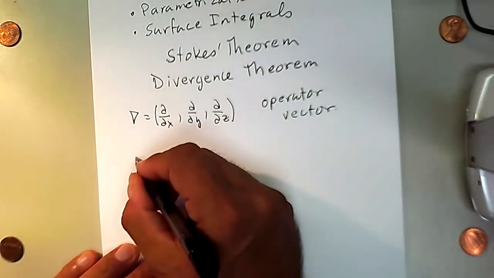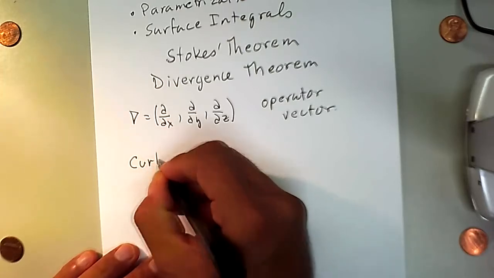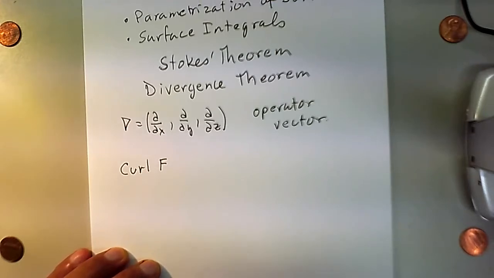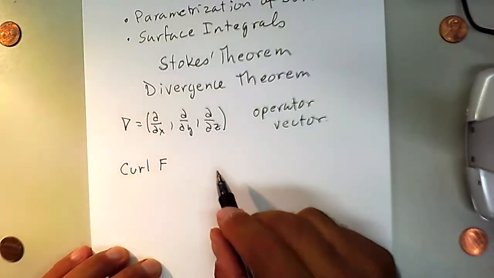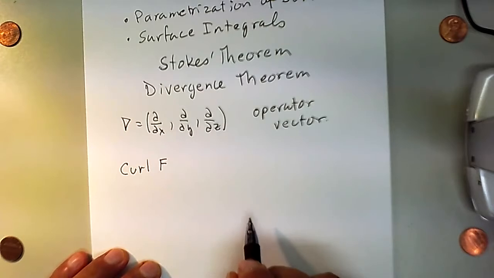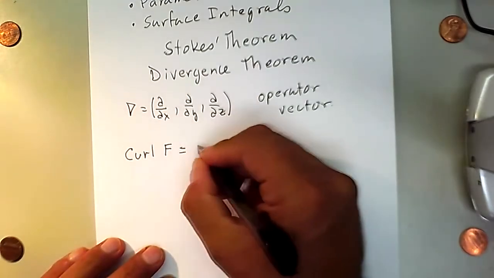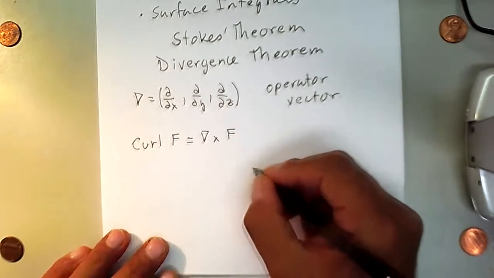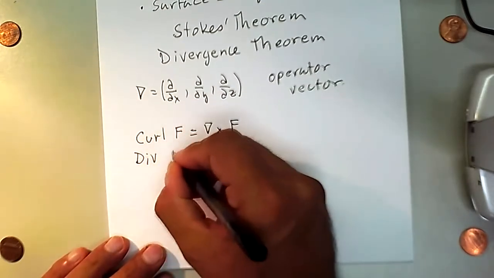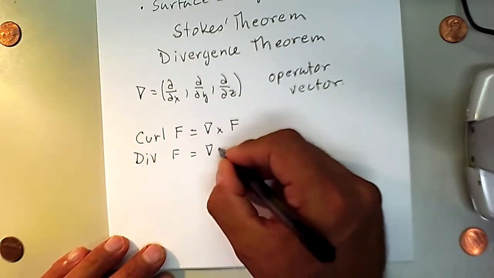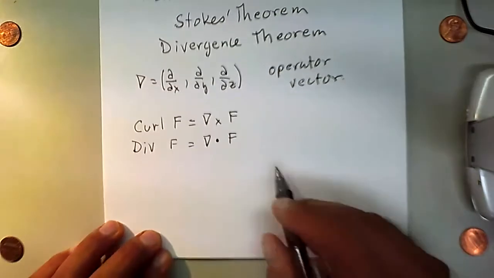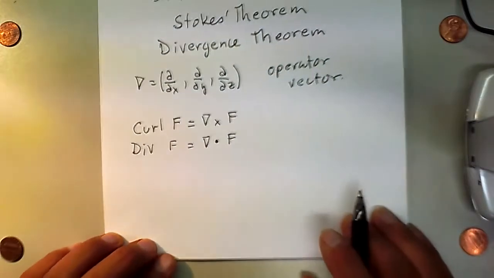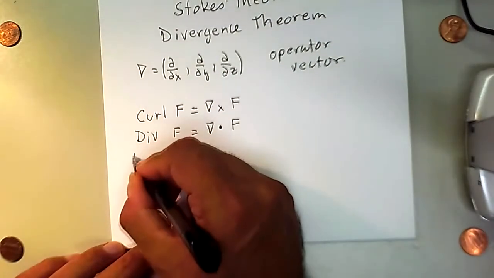So the curl of f, and let me define this first, will be this operator crossed with f itself. The divergence of f is going to be the operator dotted with the vector field itself. Okay. So to show how this works, we're going to assume